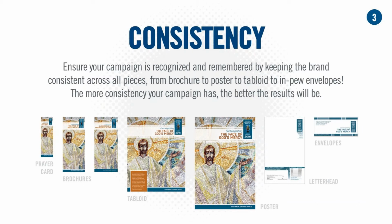Consistency. You want to make sure that your brand is consistent across all of the different channels that you're using. So if you're doing print, if you have social media, if you're doing the video, a newspaper ad, a TV ad, you really want to make sure that every piece has a consistent element across all of them so that it's recognizable. As you can see here from the prayer card, the brochure, tabloid, poster, all of those, it's very